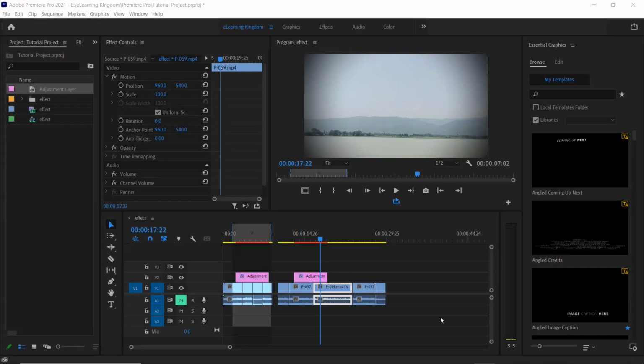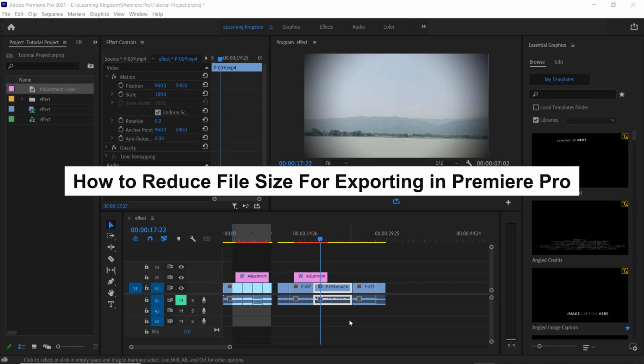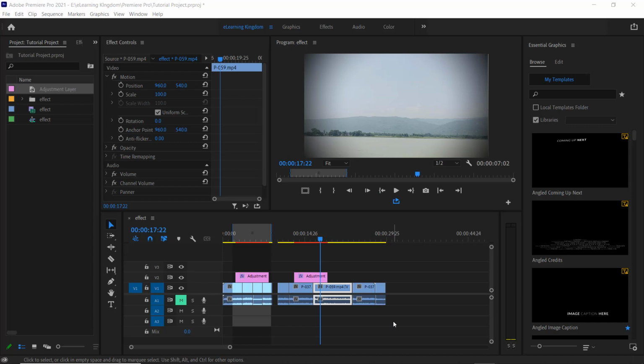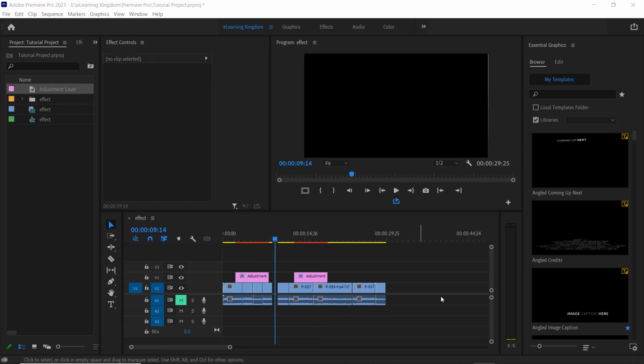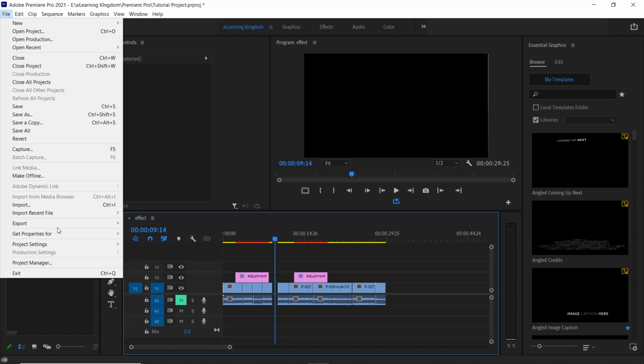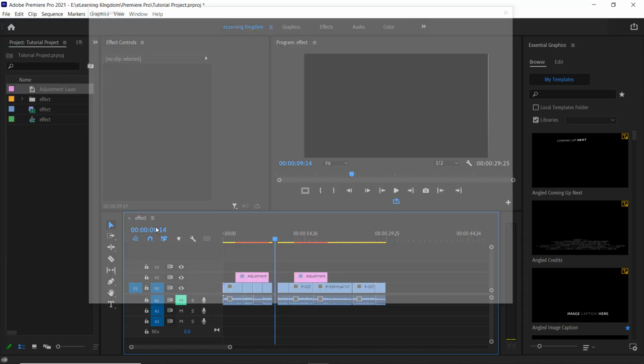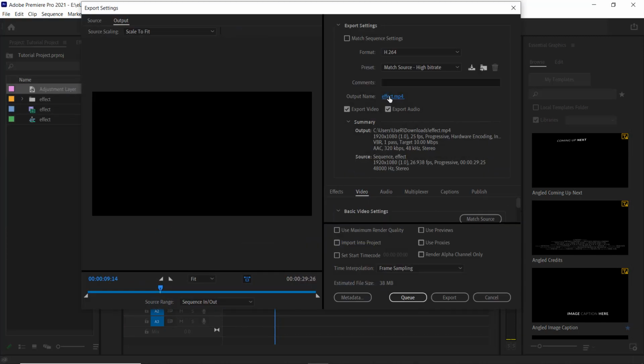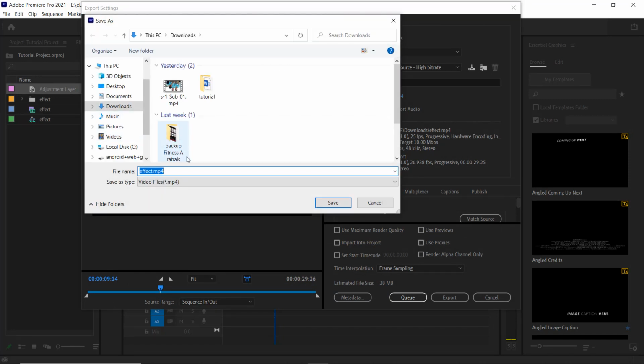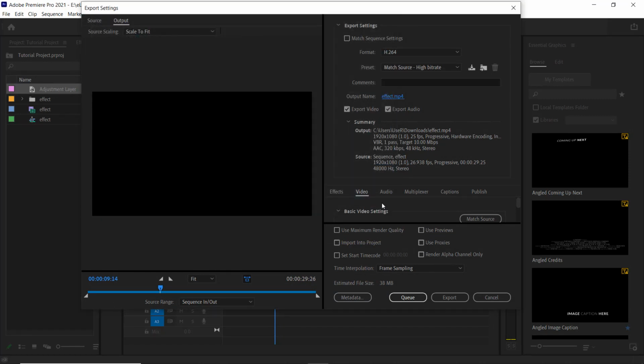In this video I'm going to show you how to reduce video file size for exporting. Now to export this sequence, click this sequence, go to file, export media. Now here where you want to save your file, go to the video,